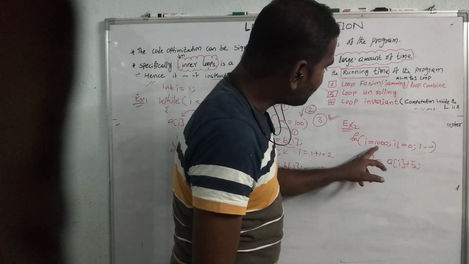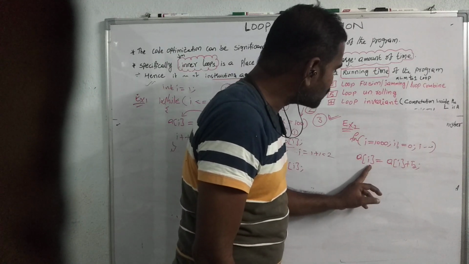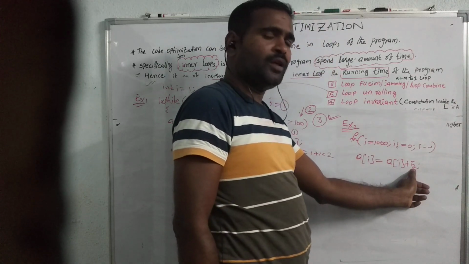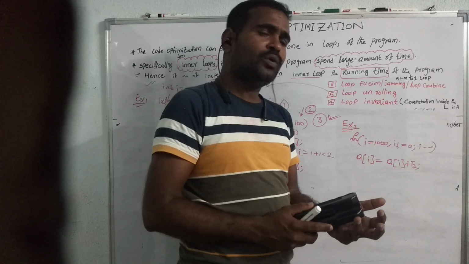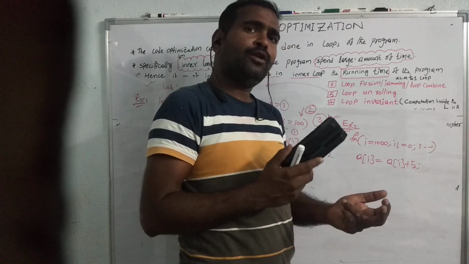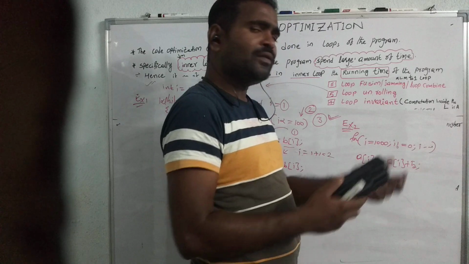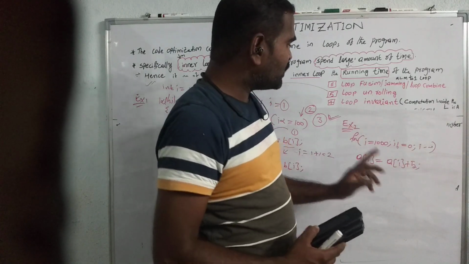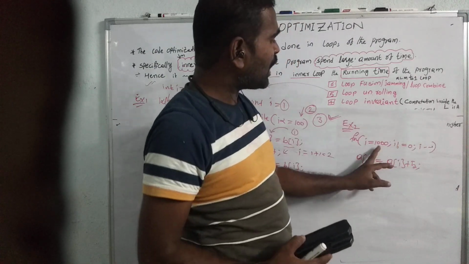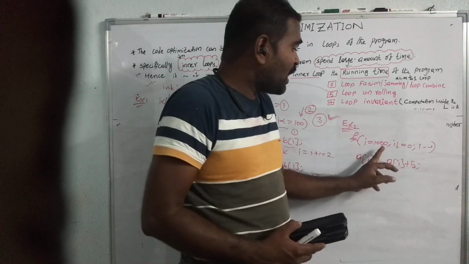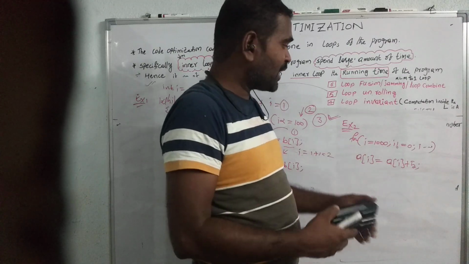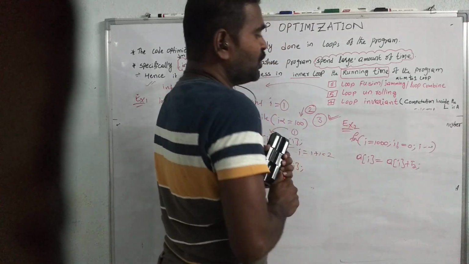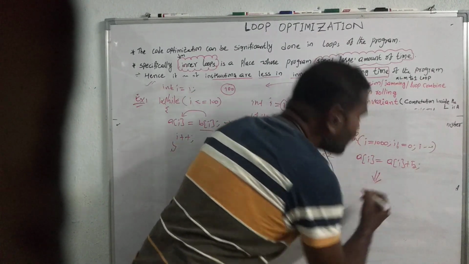So at that time, for the I value a of 1000th location, each and every location I want to add 5. So a of 1000 location I want to add 5, and the next location also I want to add 5, something like that. You decrease the value until you reach 1. In this case this loop repeats up to 1000 times. You can avoid such 1000 loop repetitions by using the loop unrolling technique. You can avoid the number of iterations.